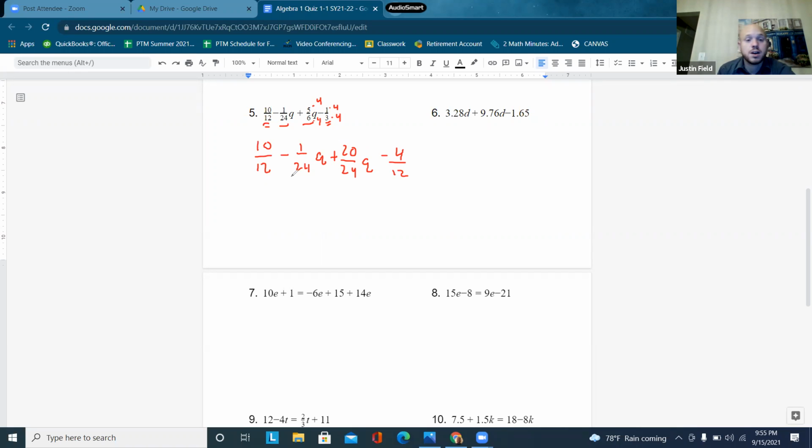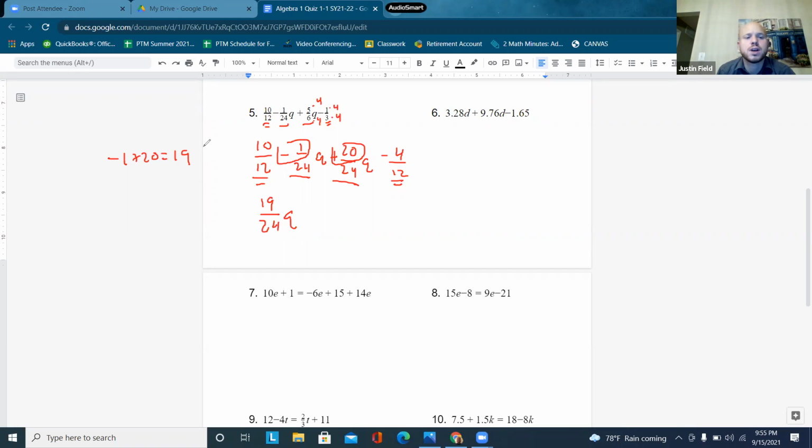Okay. Underline our variable terms. Double underline our numeric terms. And so what is negative? So this is negative 1. And this is positive 20. What's negative 1 plus 20? Hopefully you're saying 19. So we're going to have